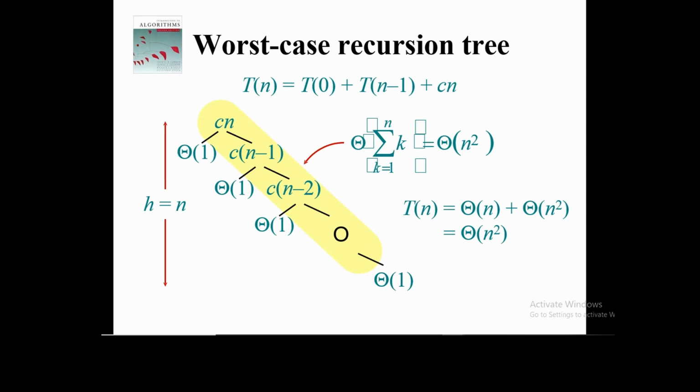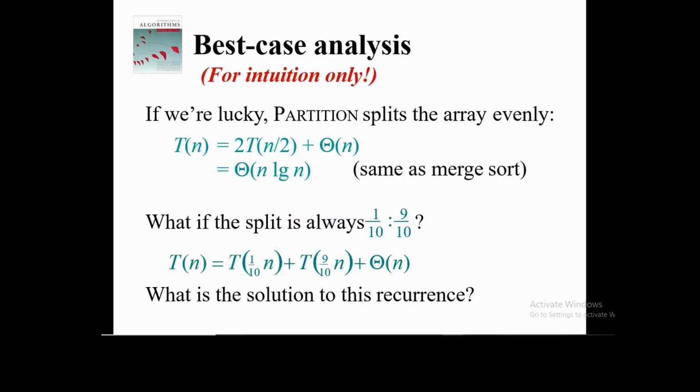We can just solve it like this by calculating the height, but the solution will be like this only. This will be the last case, and the bound will be here theta of 1. So now what about the best case? In the worst case, the partition was happening every time in this way: 0 and n-1 elements, 0 and n-2 elements, 0 and n-3 elements, and so on. So in this way the list is partitioning continuously. That's why that was the worst case.